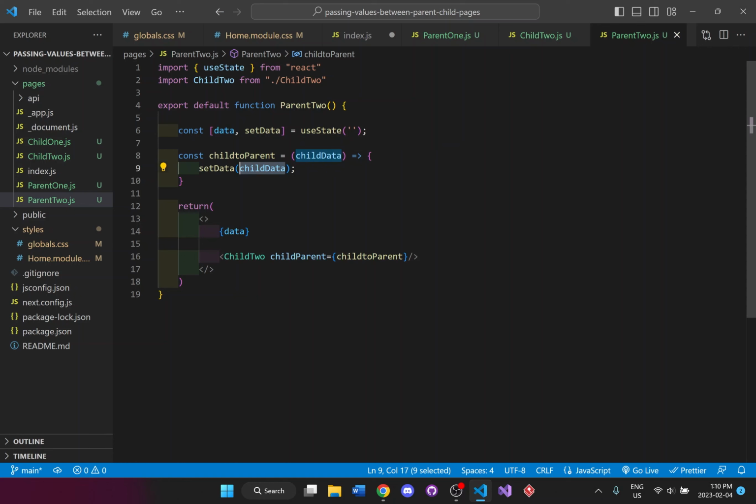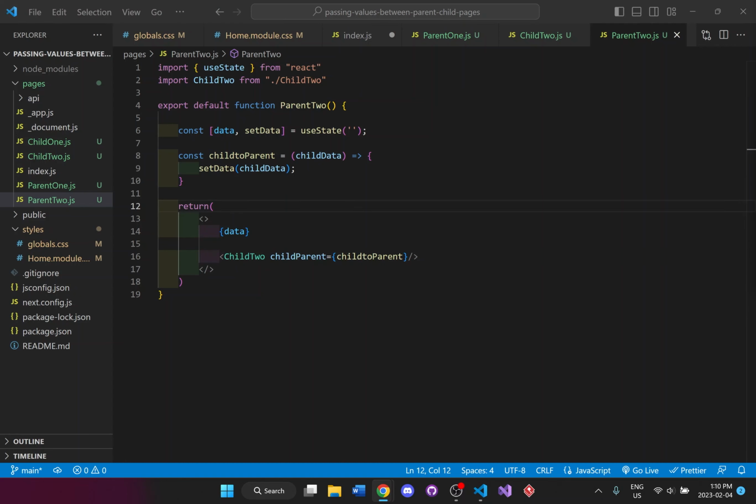We're going to just now put this data in this use state on this page, and now it's going to be part of this use state on this page, and we can grab this data now and display it on our page. So it's just a matter of working backwards now, going from child all the way back to the parent in order to store the data.